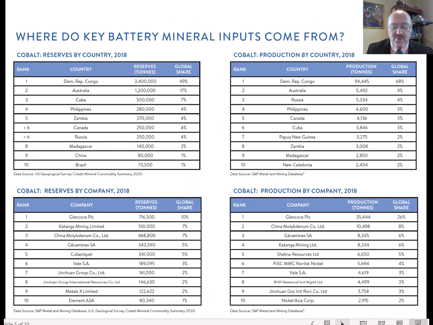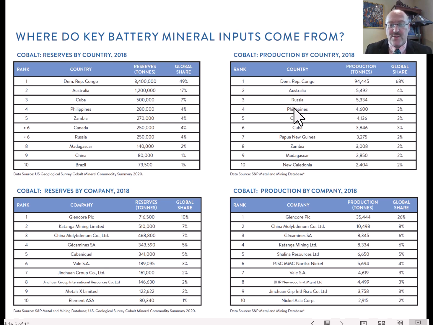And so here's the data. There are going to be two slides with the data. One is on cobalt, and one is on lithium. And here what we have is reserves available by country known in 2018. And here we have the production in each country. So for known reserves, the Democratic Republic of Congo has 49%, Australia 17%, Cuba has 7% of cobalt known, and then other countries have a little bit less. The United States is not on this list. Then we have production in 2018. Again, the Democratic Republic of Congo has a dominance with 70% of production.